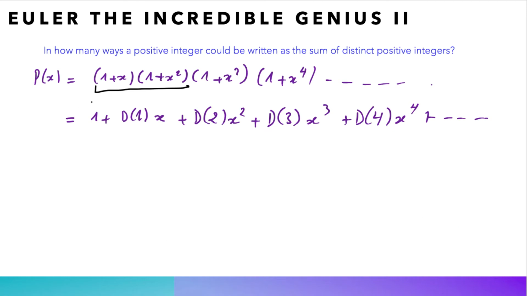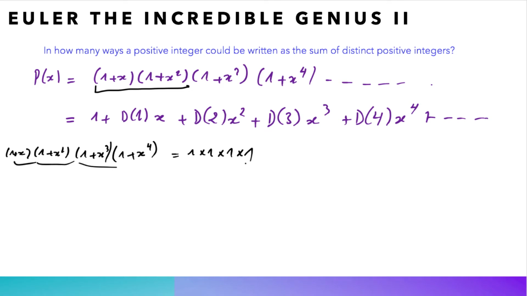Let us now multiply the first 4 factors and see what happens. So we have 1 plus x times 1 plus x squared times 1 plus x cubed times 1 plus x to the 4th. This is equal to 1 travels to 1 and then to 1 and then to 1, which gives 1 times 1 times 1 times 1 again. The last one, instead of traveling to 1, would travel to x to the 4th, in which case we get 1 times 1 times 1 times x to the 4th, and then plus 1 times 1 times x cubed, which will travel to 1, plus here 1 times 1 times x cubed, which would travel now to x to the 4th,